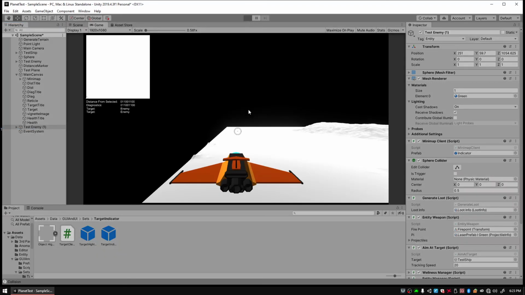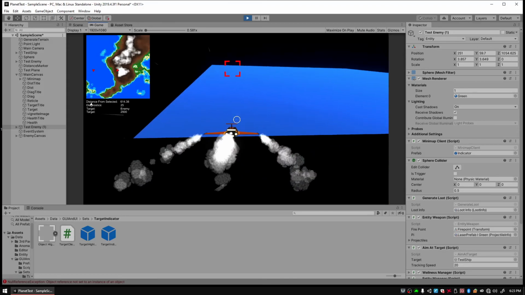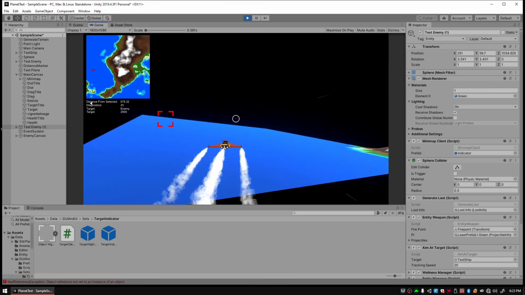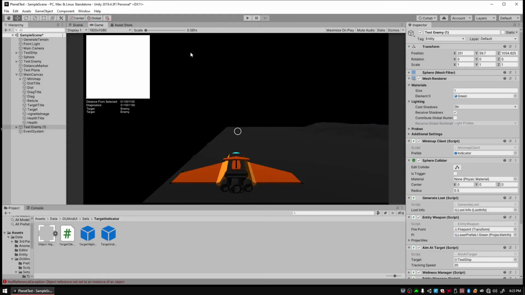Now there is one problem with this, is that it won't calculate if the enemy is behind you. So it'll just put it in front of you. It only has 180 degrees of calculation. So we'd have to implement that in our next video. We'll show you how to fix that. But for now,